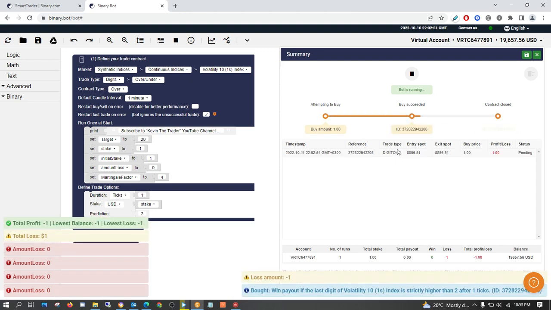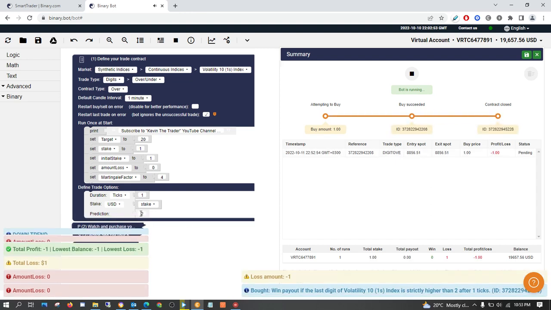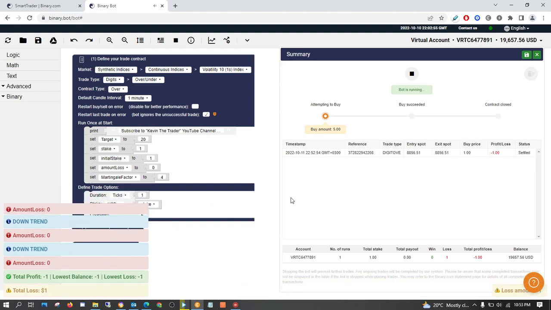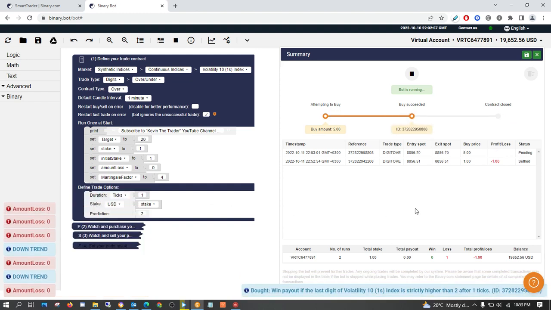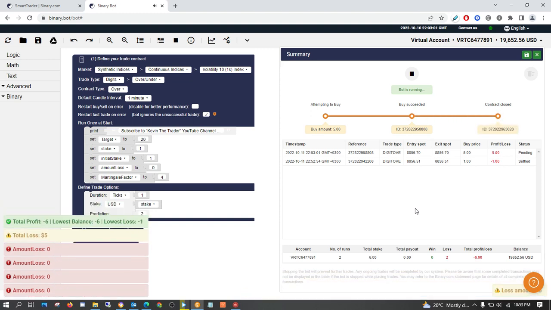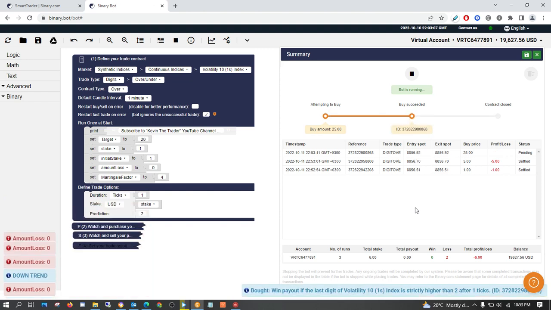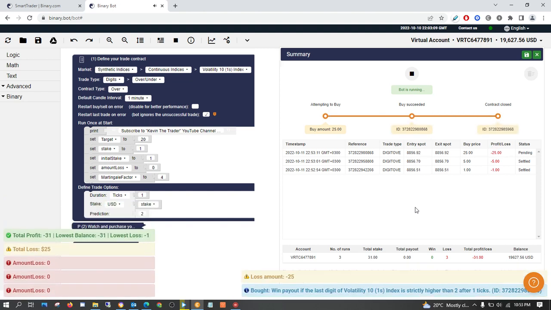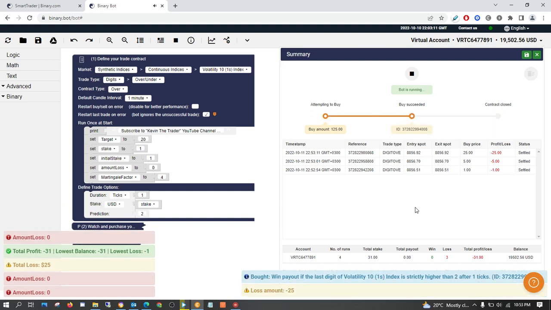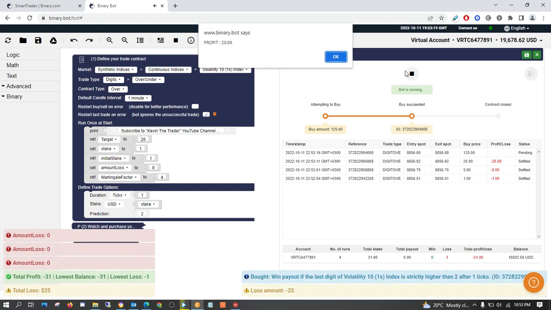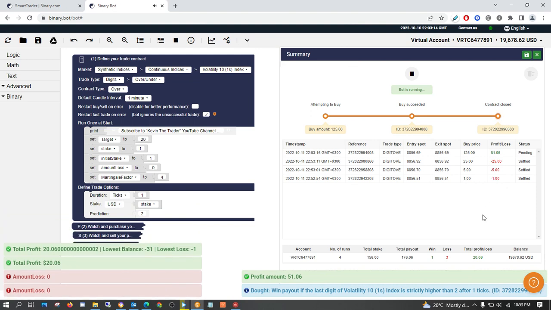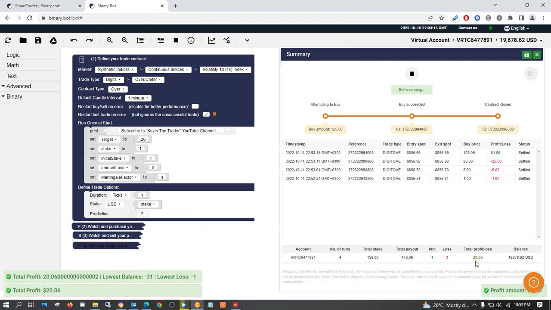So you see, the prediction here was 2. So anything above 2 is a win, and anything below 2 is a loss. Now you see, that's how you make $20 for only 1 run.